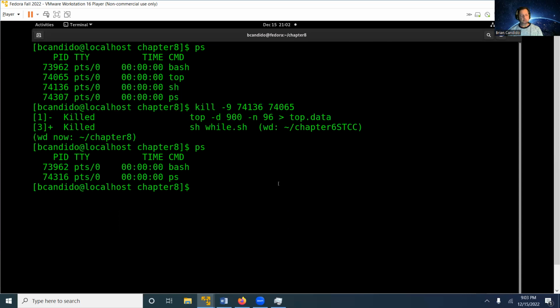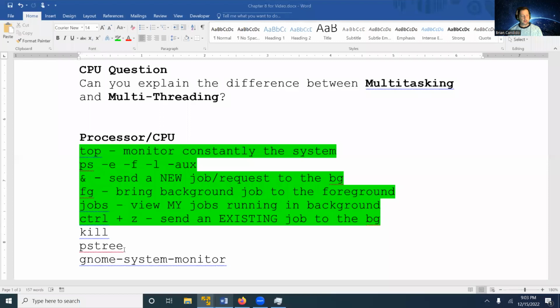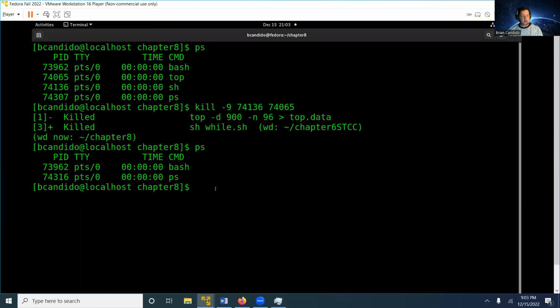That's the kill command. All right, let's come over to our highlighter here. Kill, pstree, and GNOME system monitor. We're going to do both of those. So we're going to come back over here. pstree shows the hierarchical relationship using process ID and parent process ID to show relationships within a process or